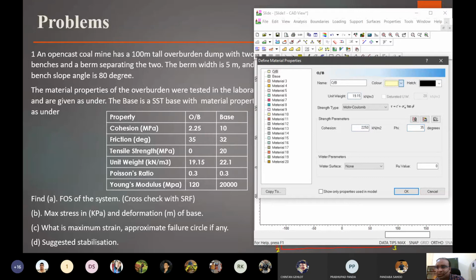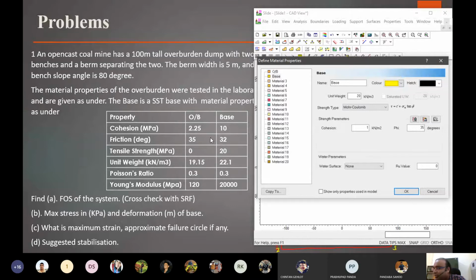And let's just change the color here, let's change it to orange. Base, it will be sandstone. So let's keep it as some brownish color, whatever.